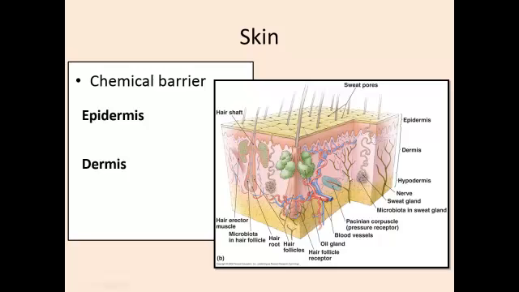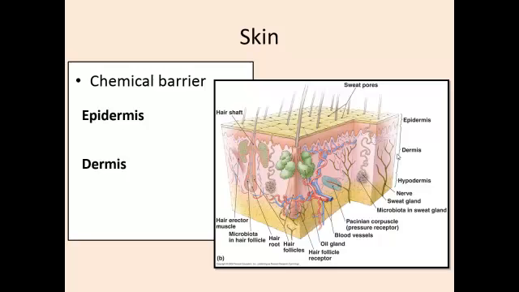Now, over here is a sweat gland. Sweat glands are part of the mechanism that our body uses to keep us cool. When we're hot, we pump out water. It evaporates, which leads to evaporative cooling. They also have salt. And as the sweat dries, that salt deposits on the skin, also increasing the osmotic pressure